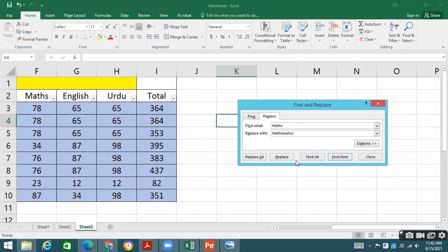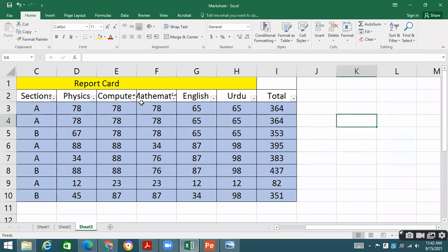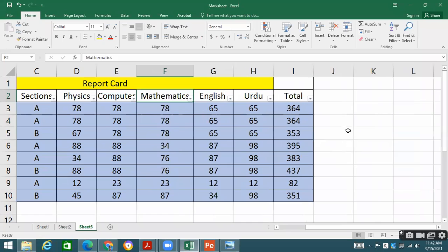What will happen if I click on replace all? So all will be replaced. There is only one replacement which is done. You can see over here, now mathematics is there with the full spelling. So in the same manner, find and replace is working over here. No issue with it.